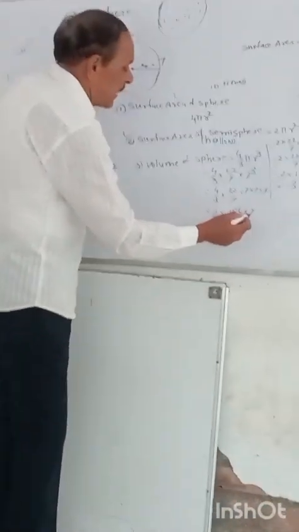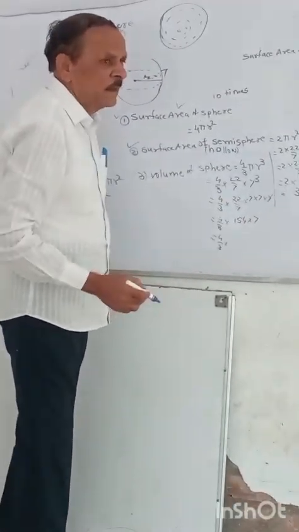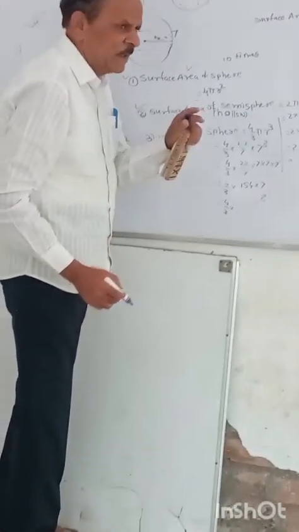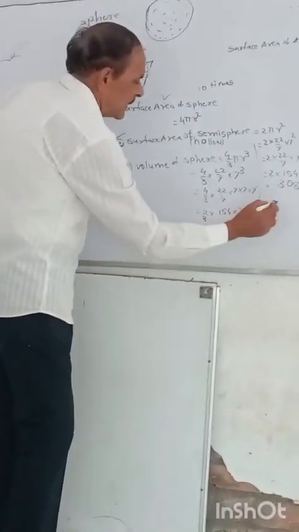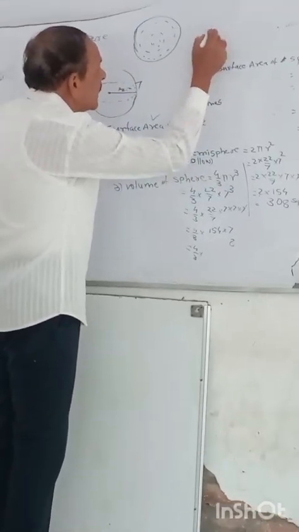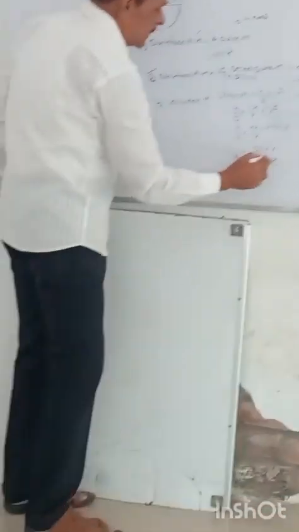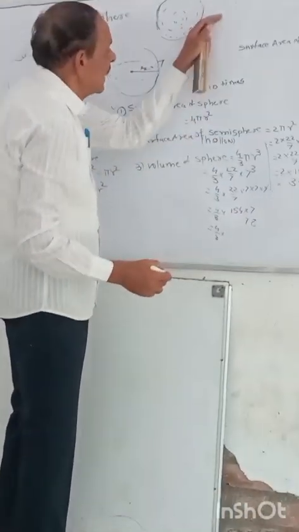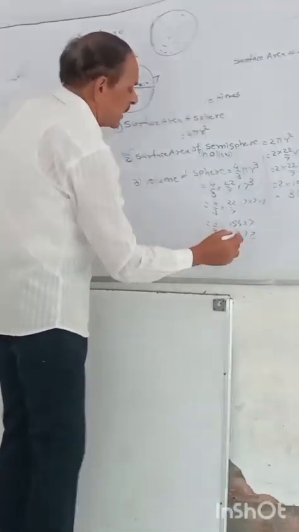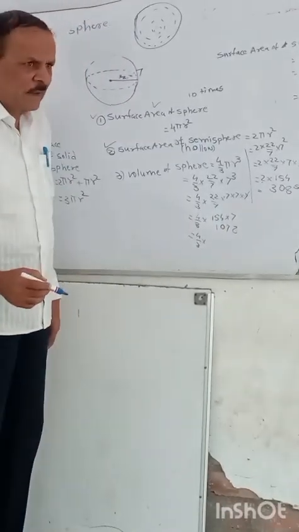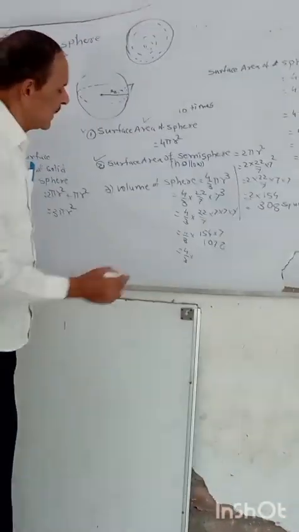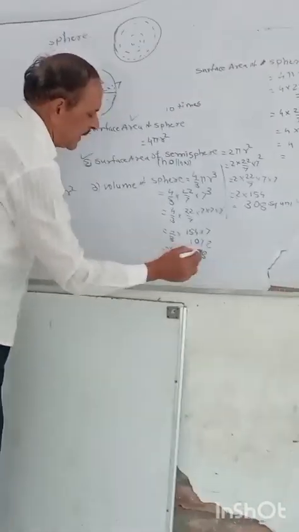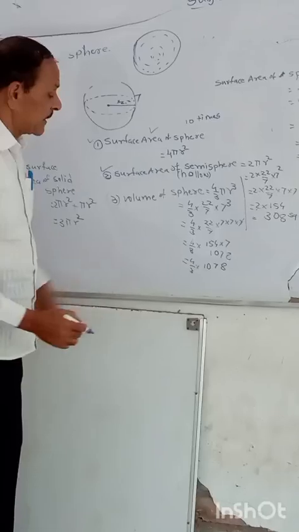So count the table of 7 up to 4. Listen: 7 fours are 28, and 7 fives are 35, and this 2 makes 37. Carry 3. 7 ones are 7 and this 3 means 10. Okay. So we got 1078.